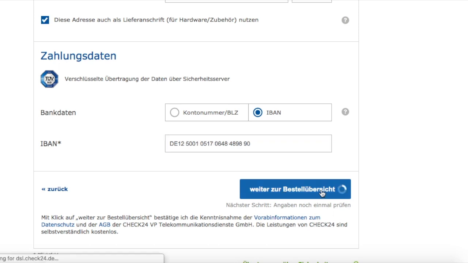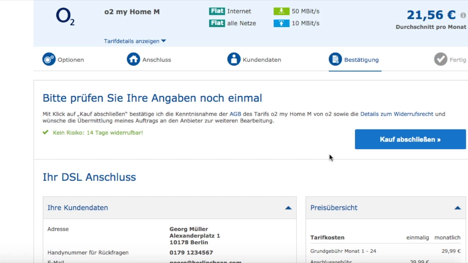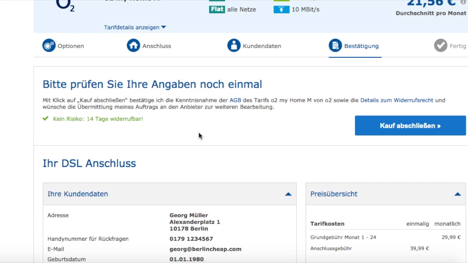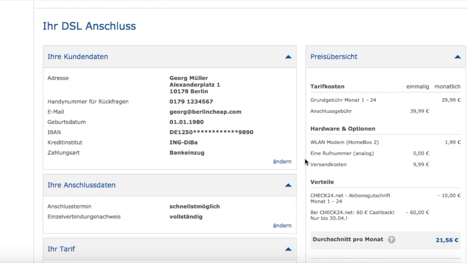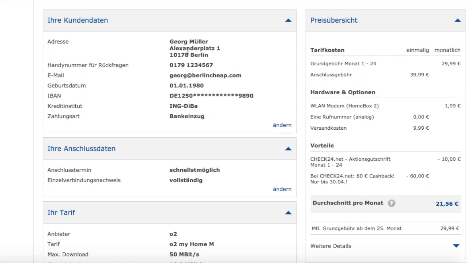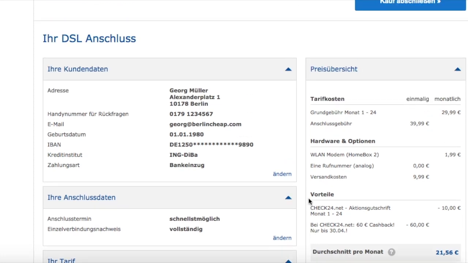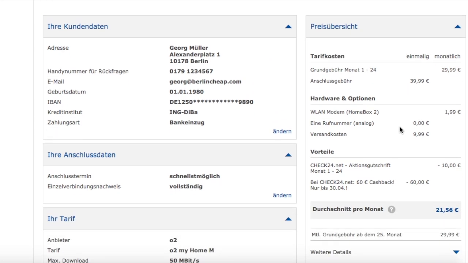And then we go to the overview. So we see again all the things that we have put in. This one is interesting. So you have 14 days to change your mind. Within 14 days, you can send a mail again, say, I don't want this. I've changed my mind. Then you see all the details that you've entered, address, bank account number, as soon as possible. Here again, the minimum contract term, and so on. Here again, the overview of the money you will pay.